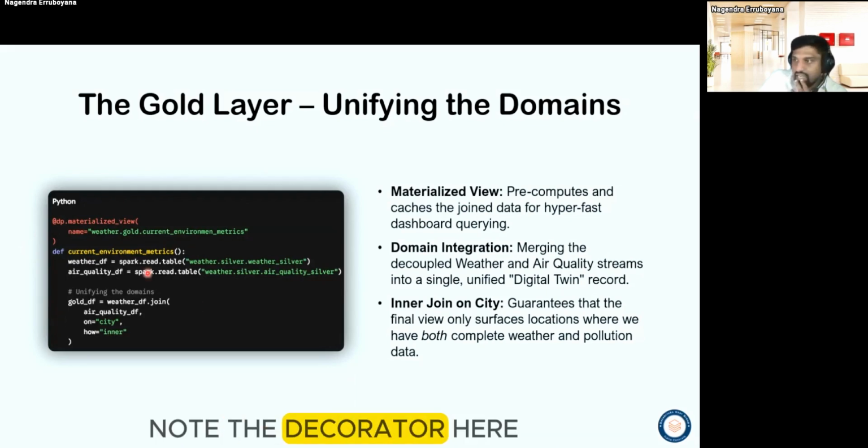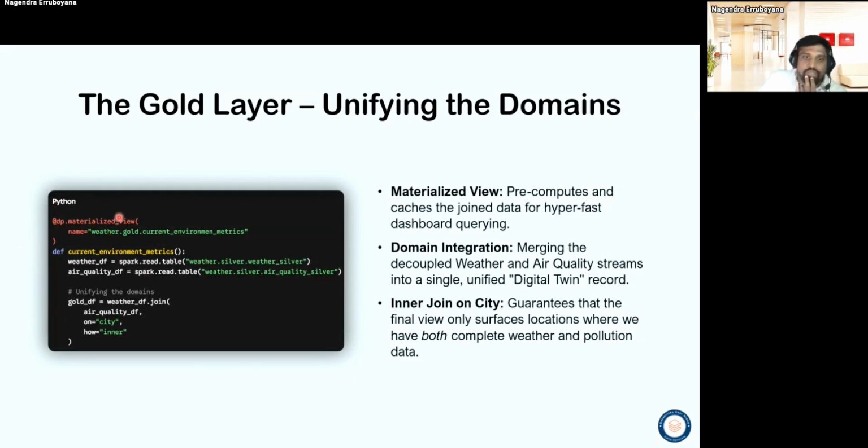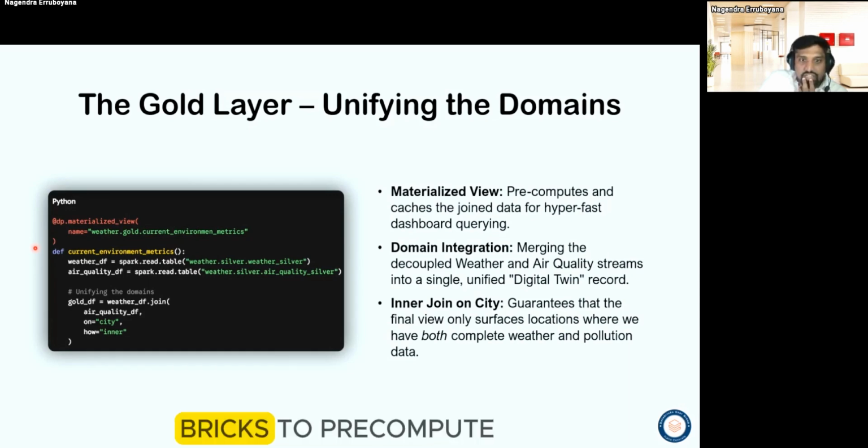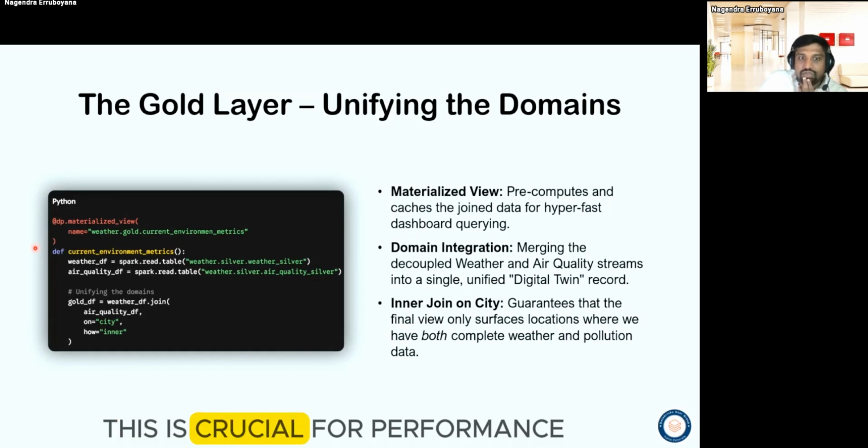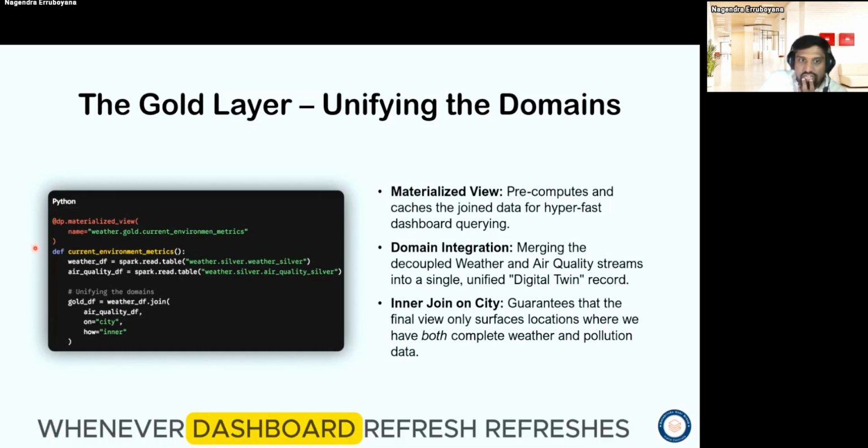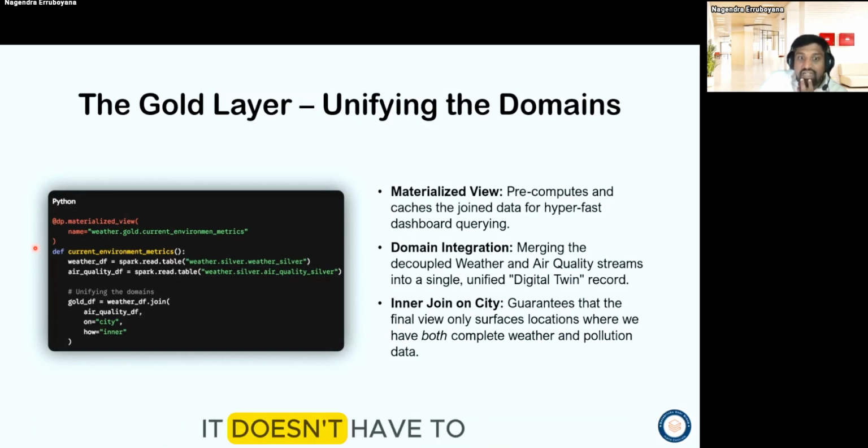Note the decorator here, materialized view. We are instructing Databricks to pre-compute and cache this joined data. This is crucial for performance. When our dashboard refreshes, it doesn't have to execute a heavy join on the fly. The data is already materialized and waiting.